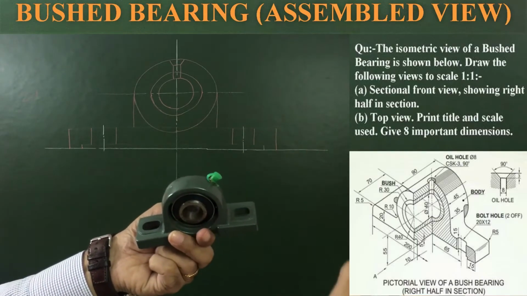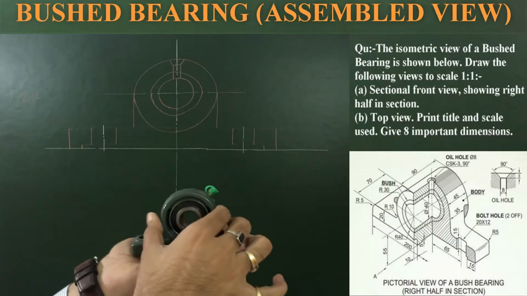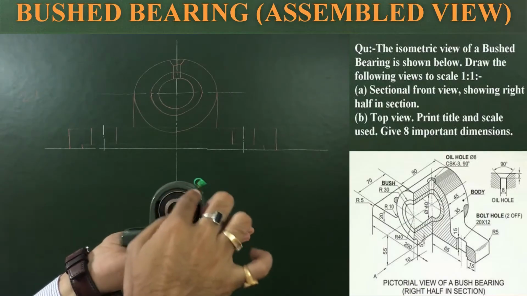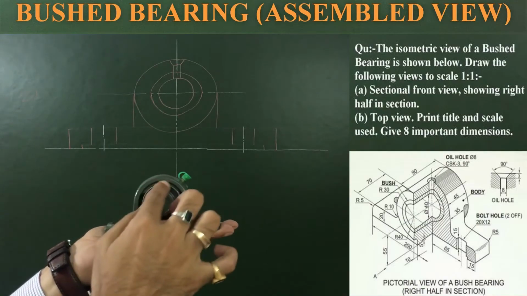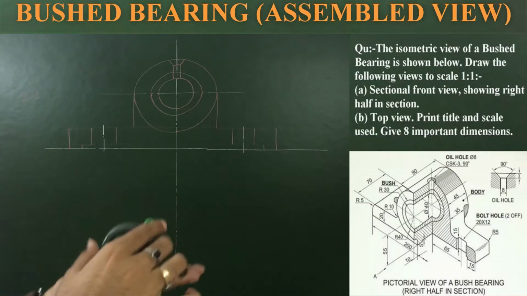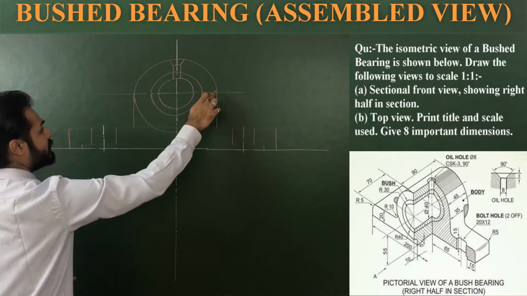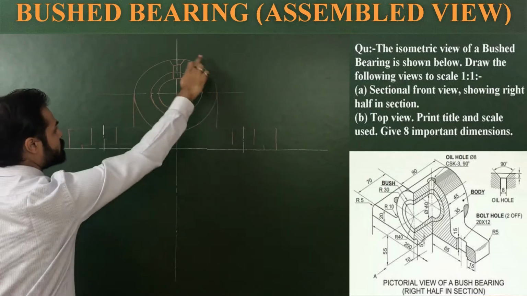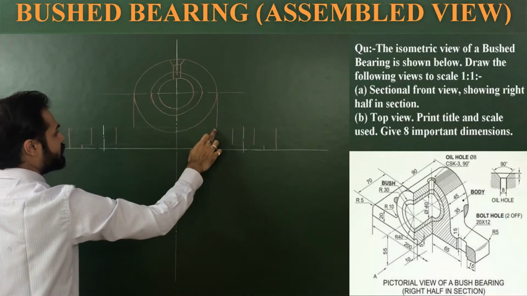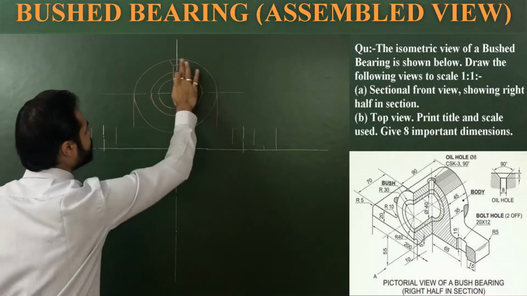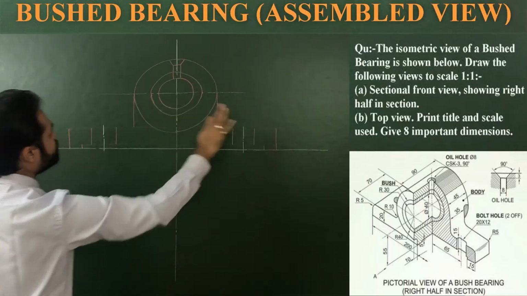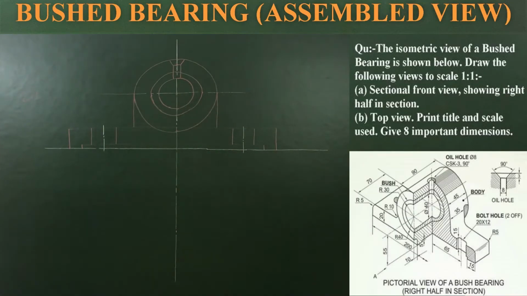So after removing this part, the complete circular or cylindrical part of the bearing becomes first quarter circular and then straight. In this part we are required to hatch because sectioning is on the right side. So now using dark pencil,